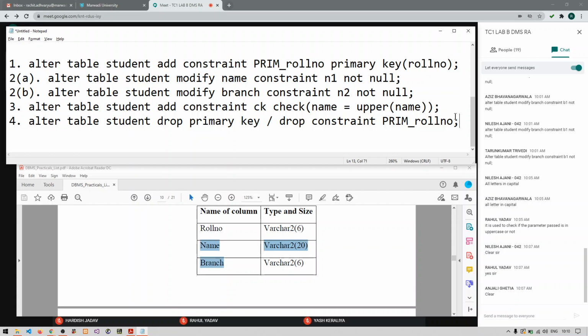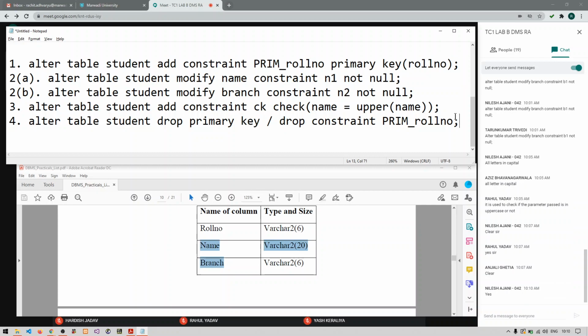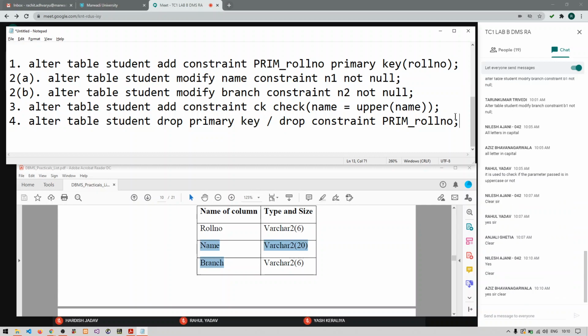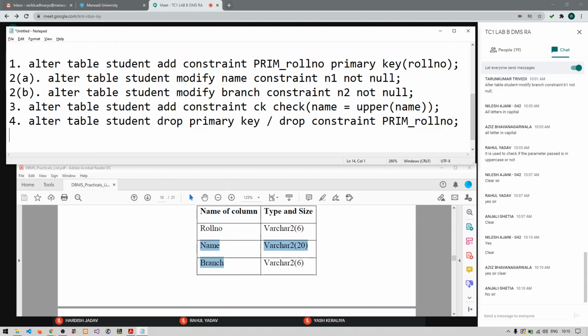Anyone? Any doubts in any of the syntax? Any doubts? Anyone? Okay, then let's move on to the fifth query.